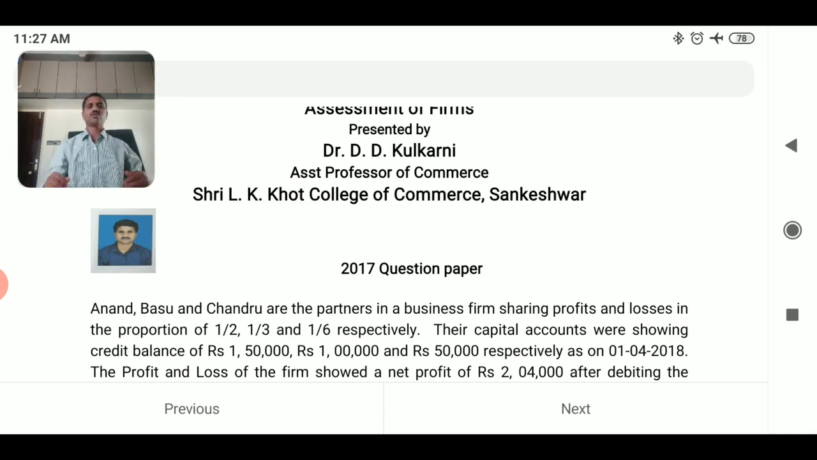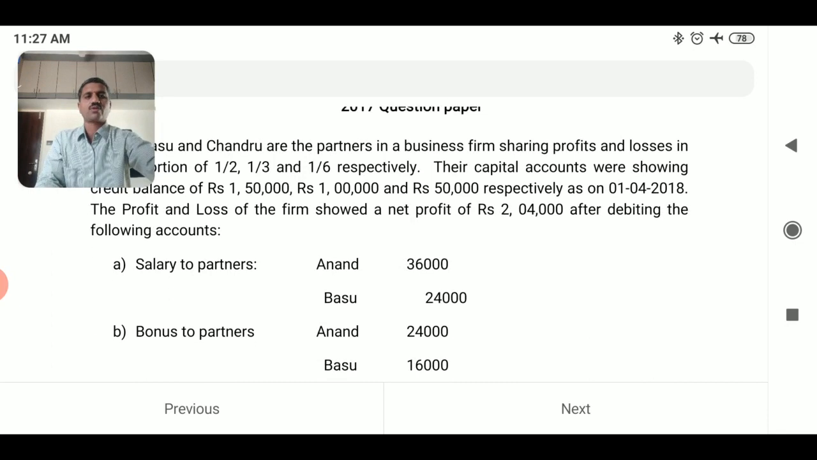Anand, Basu and Chandru are the partners in a business firm sharing profits and losses in the ratio of 1/2, 1/3 and 1/6 respectively. The capital accounts were showing credit balance of rupees 1,50,000, rupees 1 lakh and rupees 50,000 respectively as on 1/4/2018. The P&L account of the firm showed a net profit of rupees 2,04,000 after debiting the